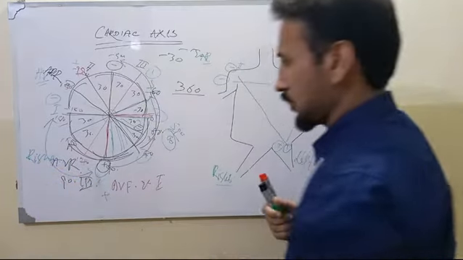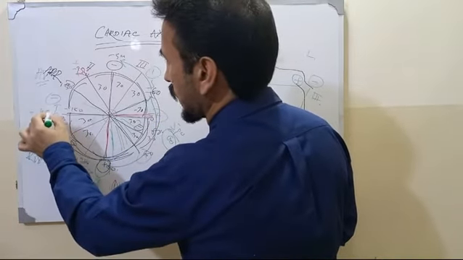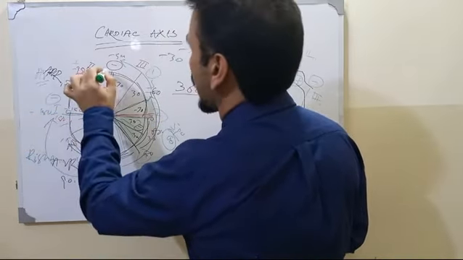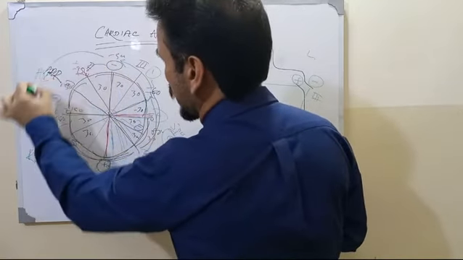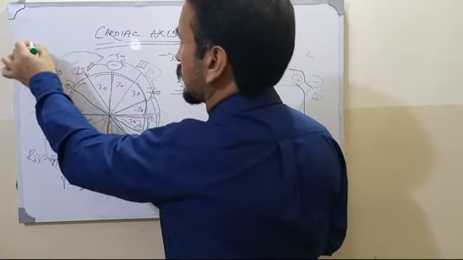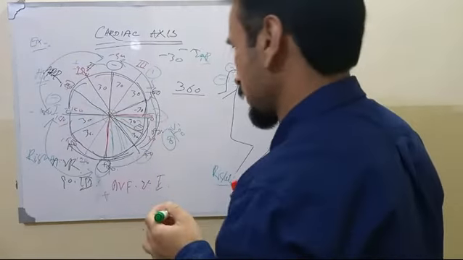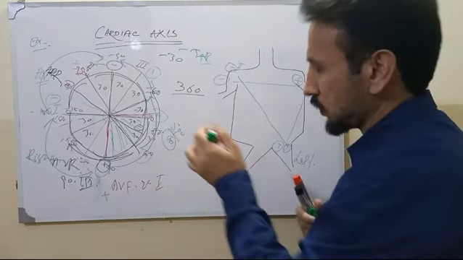And if it lies between -180 here and -90, in between this area, this is called the extreme right axis deviation. Some books mention it as indeterminate axis. So this is a simple way of